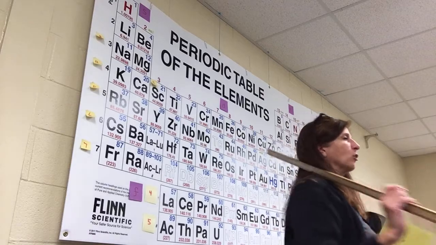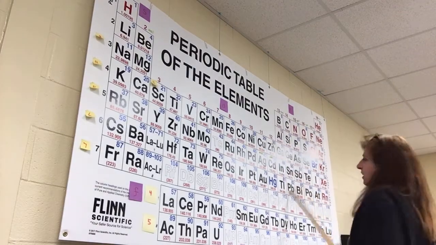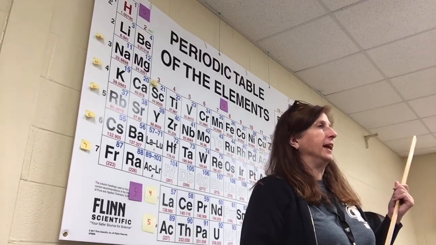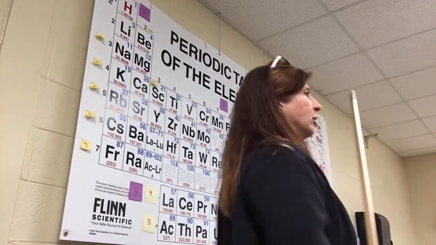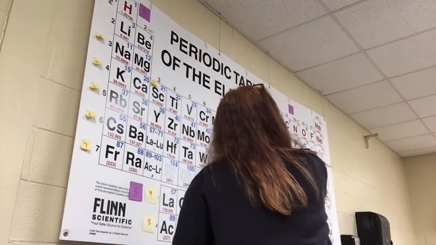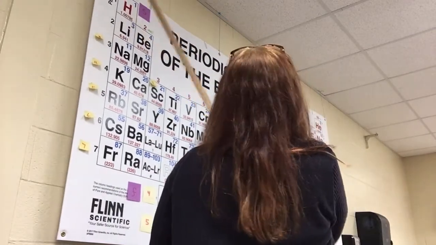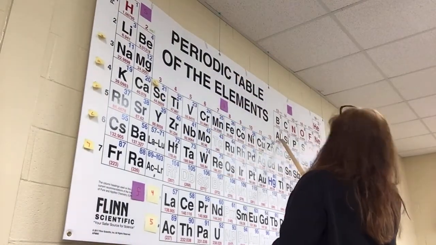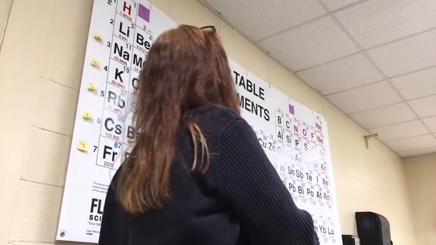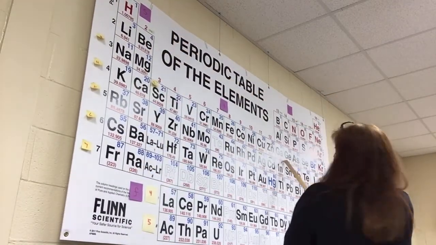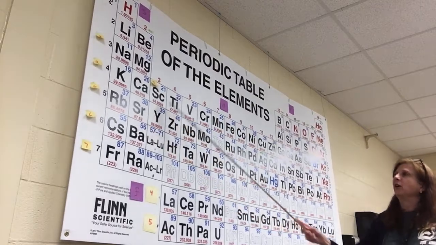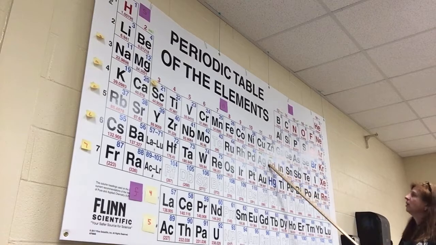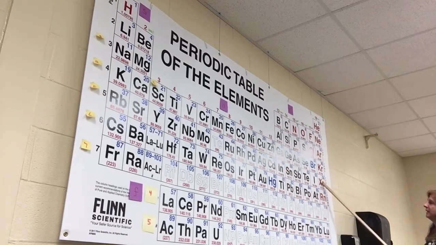Okay, I want to do a bigger one. I'm going to do lead. Lead, 82. Okay, pay close attention while I do lead. You ready? Look up here, Mason. Look up here. Okay, I'm going to do lead, number 82. 1s2, 2s2, 2p6, 3s2, 3p6, 4s2, 3d10, 4p6, 5s2. This one's 3, so this is 4d10, 5p6,